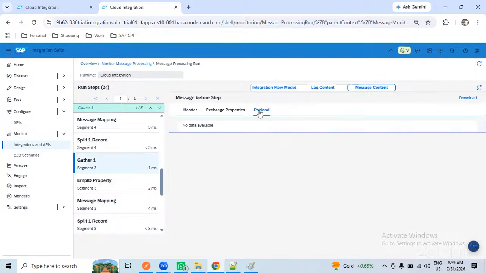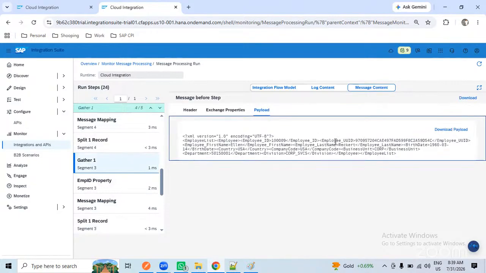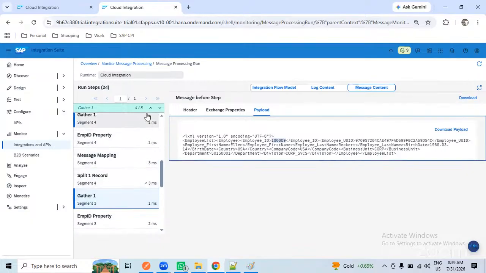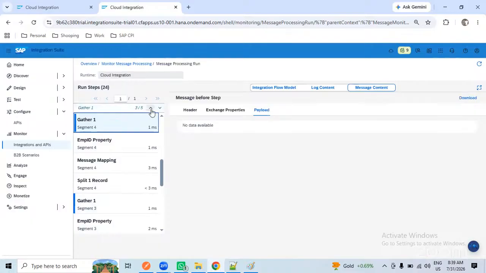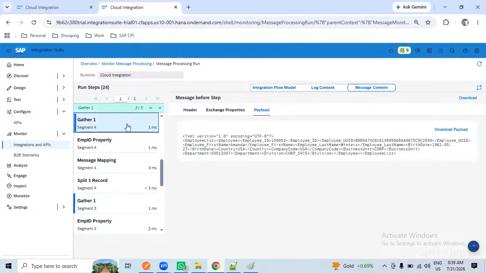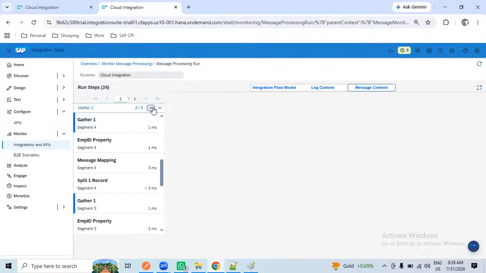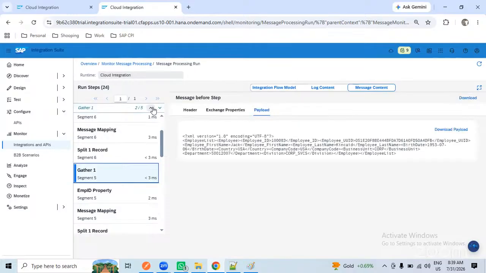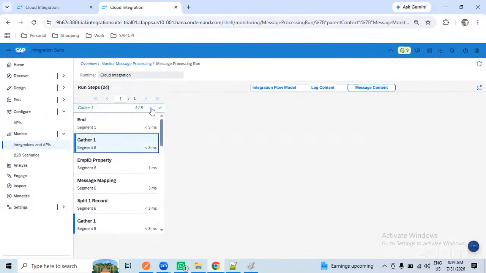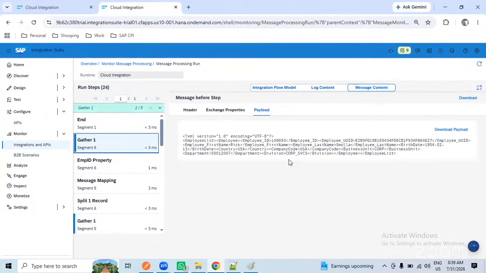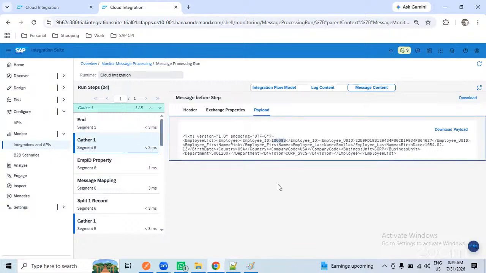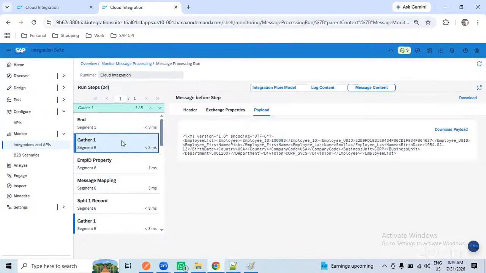Saying this is the second employee. This is not the SFRP. See, this is some other employee, 100009. So I will click on next gather. Like this, all the gather information will be stored one after another. This is 100052. This is 10083. This is my last one, 100093. So once I have completed everything,